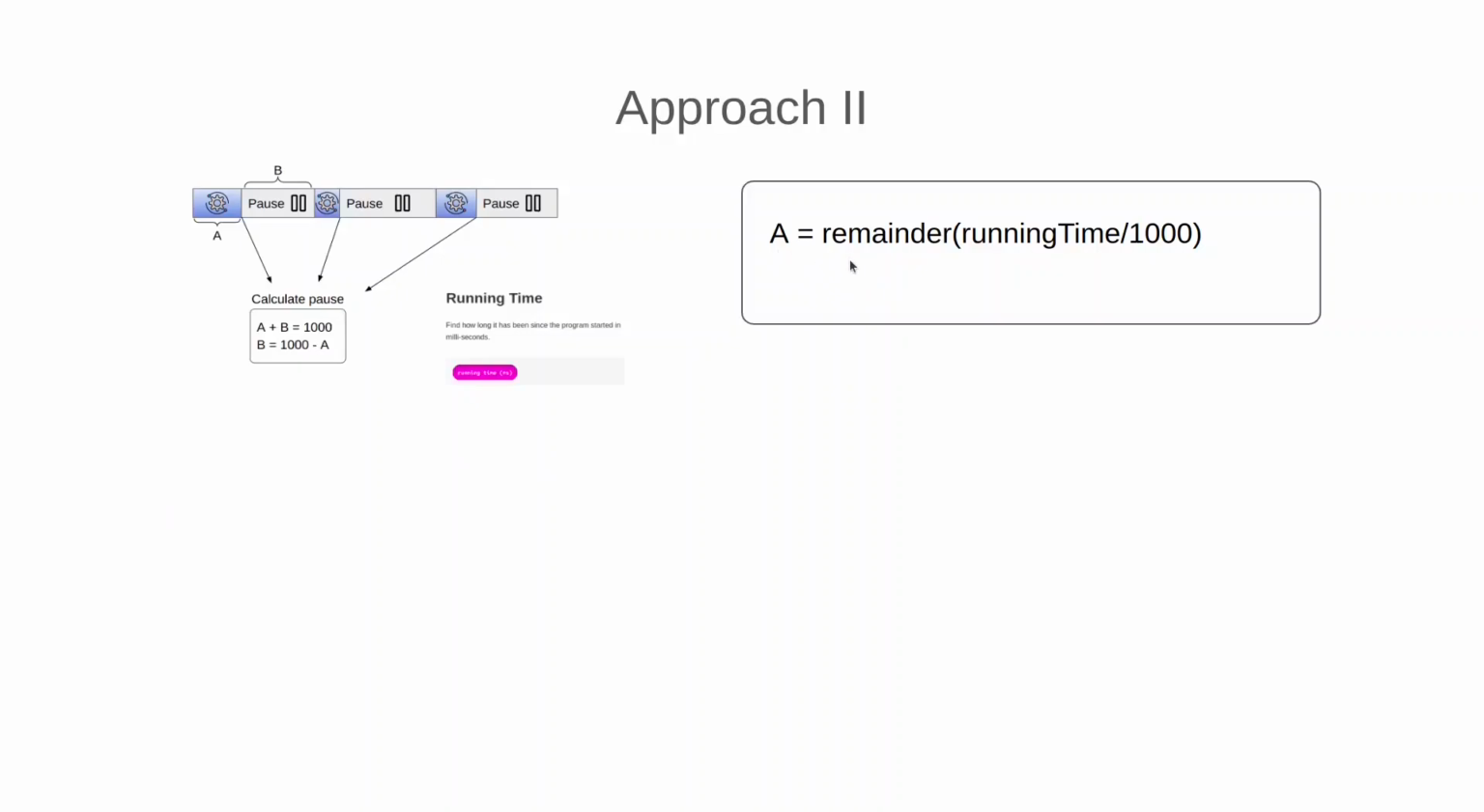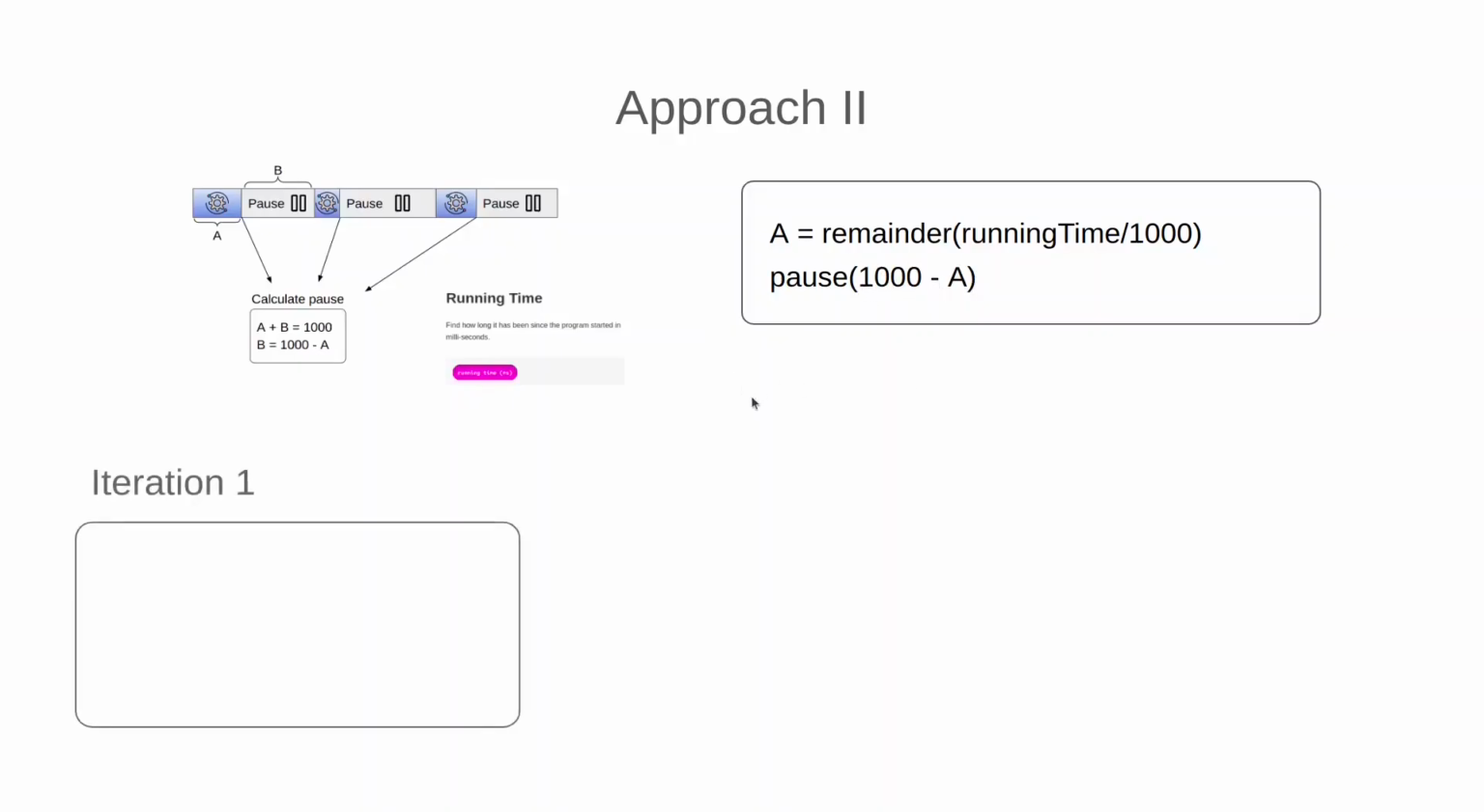So to calculate A, we simply take a remainder of running time divided by 1000. And this will be our processing time. And we just need to simply pause for 1000 minus A. Let's go over an example. We'll take the same one as in the previous approach, so